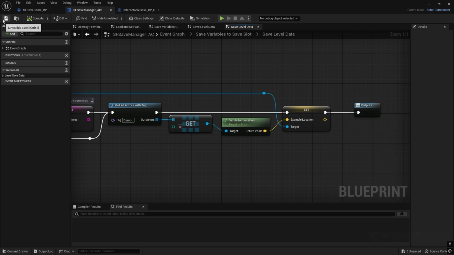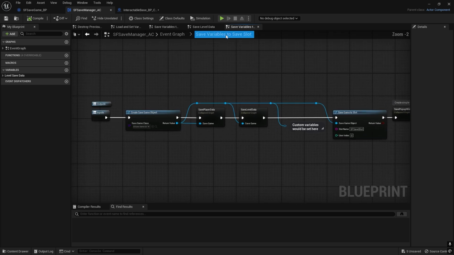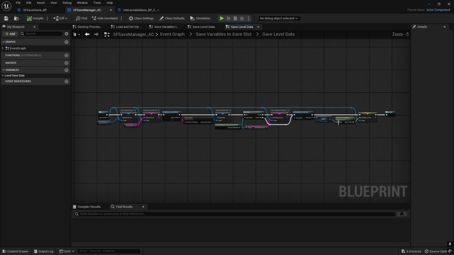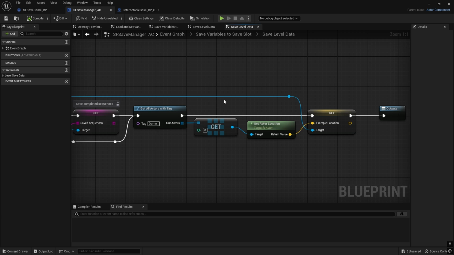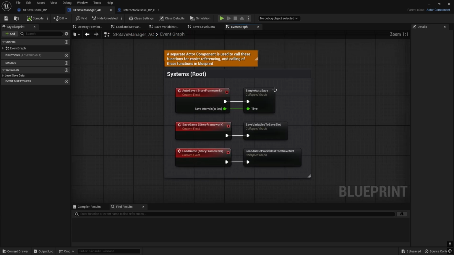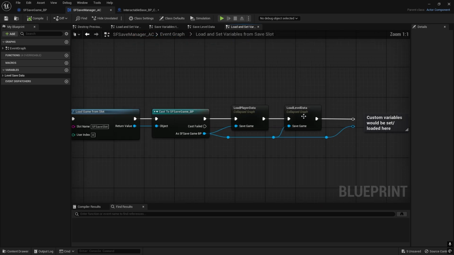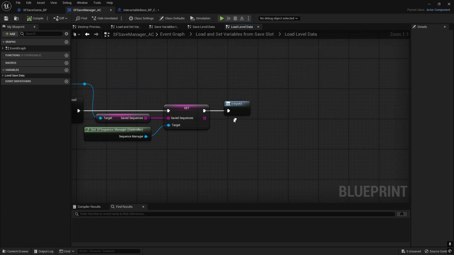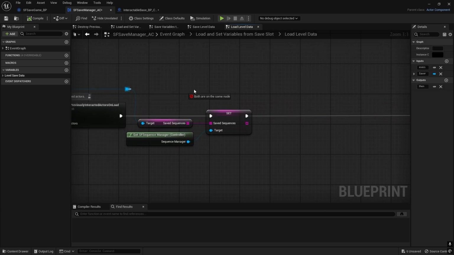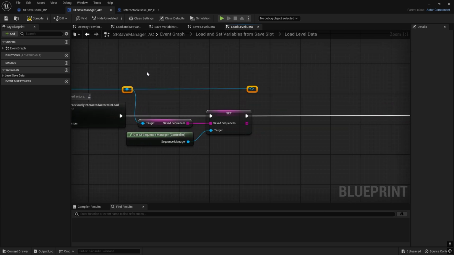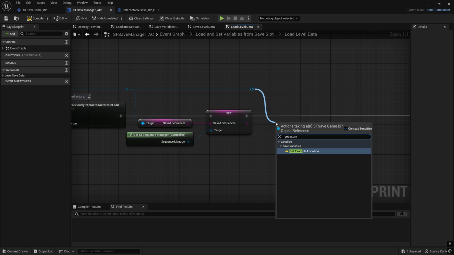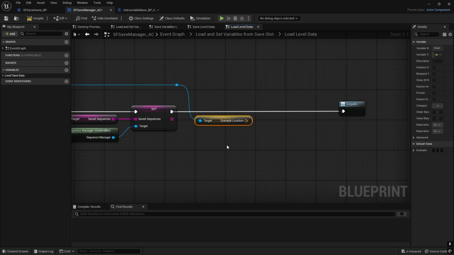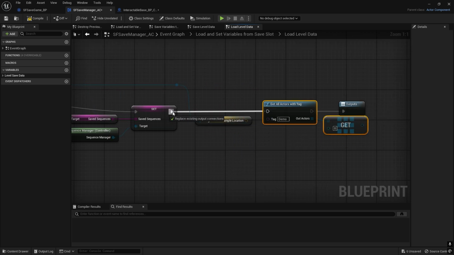Now we are setting that example location variable. Let's go ahead and load it. So it's going to be a similar practice. We can copy the get all actors with tag and the get first array index in load level data. Off of the end, again, we can reroute our save game object, get the example location variable, get all actors of class,